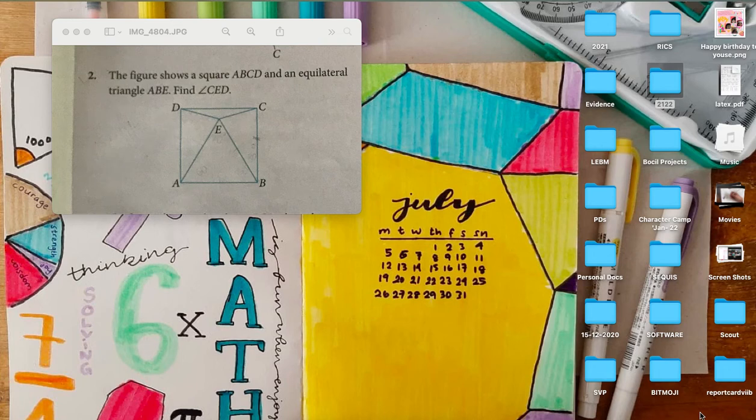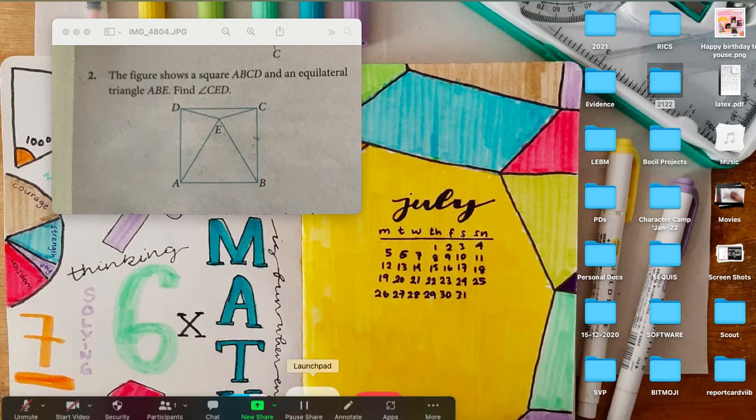The figure shows a square ABCD and an equilateral triangle ABE. Find the size of angle CED. So then it will be